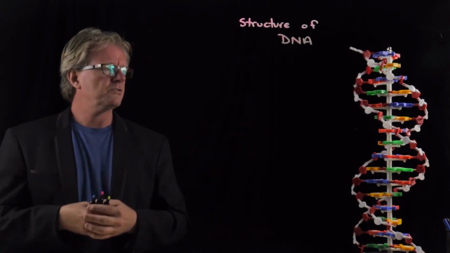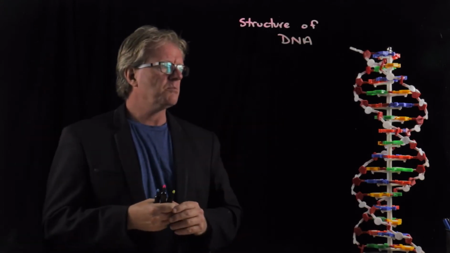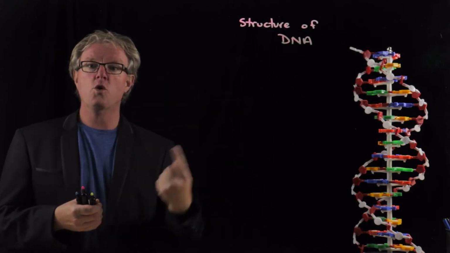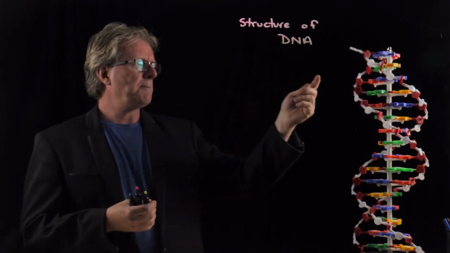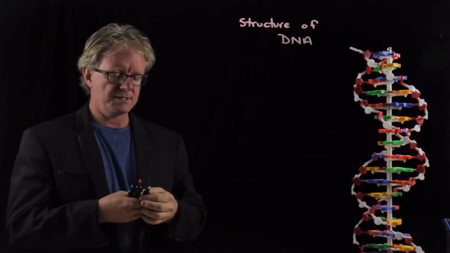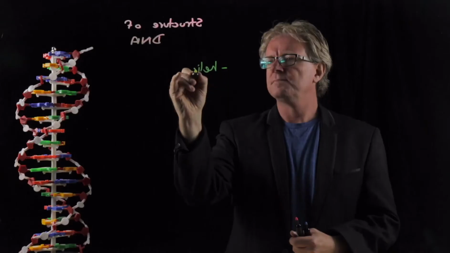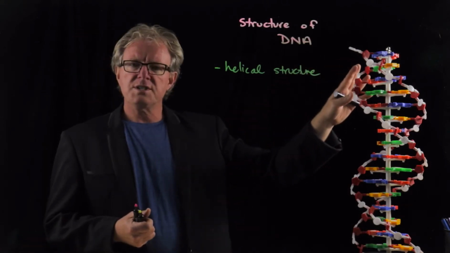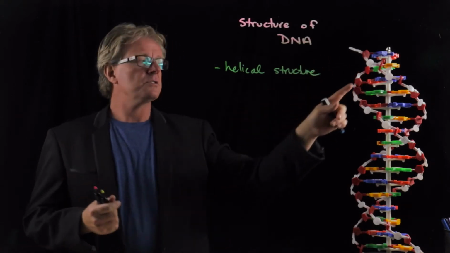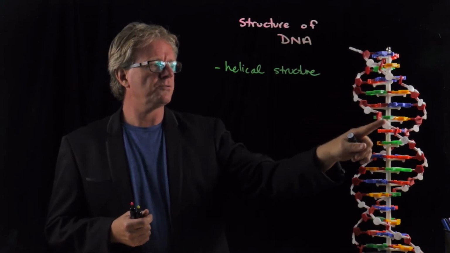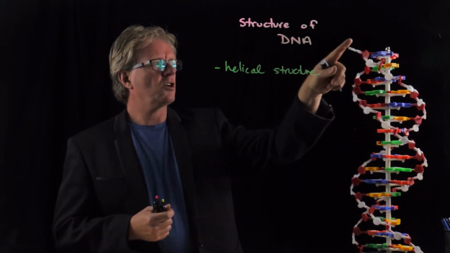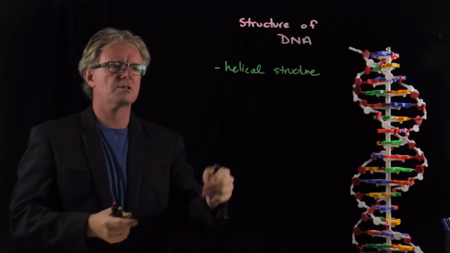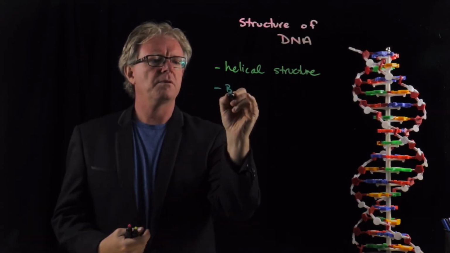Alright, so let's look at the structure of DNA. As you can see here with the model, the structure is a helical structure. Helix means to coil around, and you can see it's like a staircase. We can also see that there are backbones. We have a sugar phosphate backbone, and we have a complementary backbone. The two twist around each other, like so. So we have a backbone,